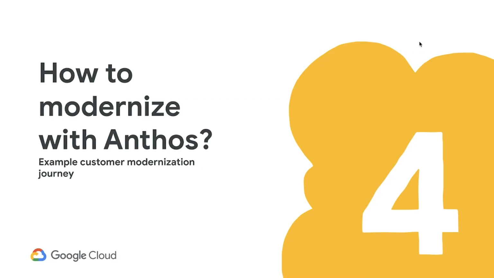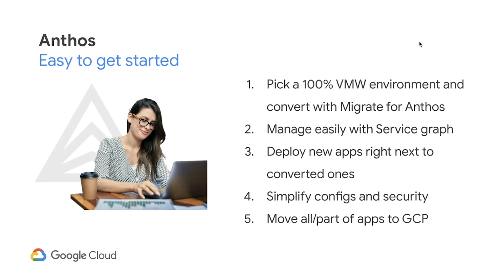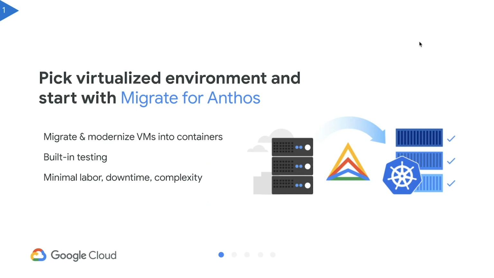So let's look at a very quick fire example as to how to modernize an app with Anthos. It is very easy to get started. There are just 5 steps. You can modernize any app. And essentially, what this would end up doing is modernizing your app and bringing it to the cloud if you would like. So step 1 is really, you can pick any of your virtualized applications from your on-prem data center, and you can use Migrate for Anthos and migrate that app into an Anthos cluster,